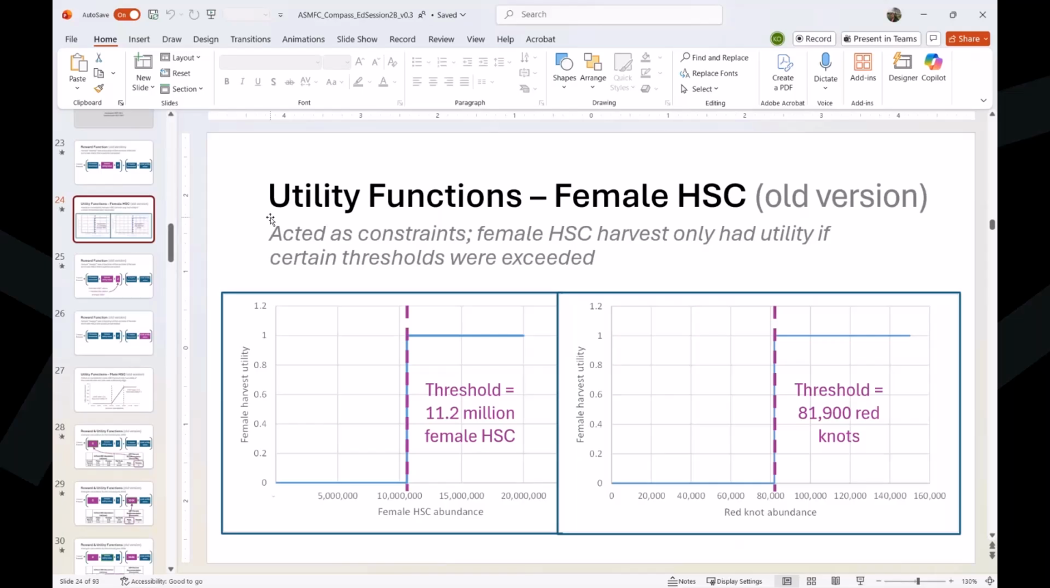That 11.2 million female crabs is about what we thought 80% of carrying capacity was for the Delaware Bay system at the time. I believe those carrying capacity estimates have been updated, but at the time we thought 11.2 million was 80% of carrying capacity. And we arrived at 80% of carrying capacity as a point at which we would start to add utility to female crab harvest,